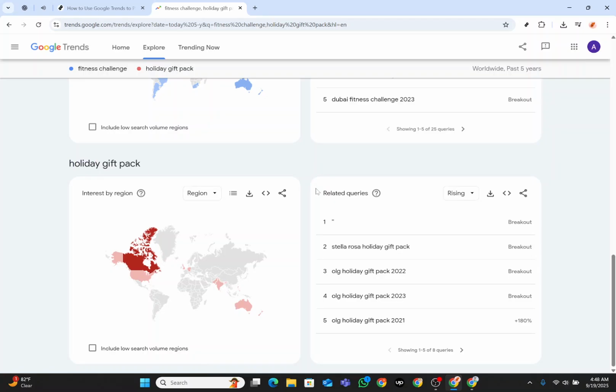And there you have it, a comprehensive guide to effectively using Google Trends in organizing your next big giveaway or contest. By utilizing this tool, you can bring fresh and popular ideas to your audience, increasing their